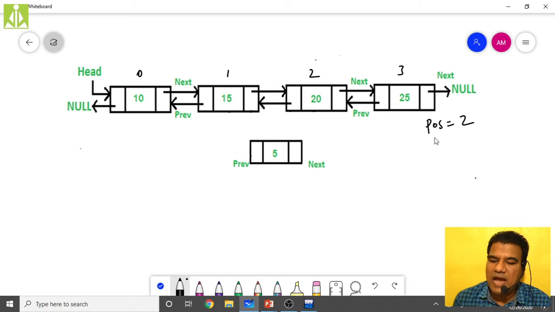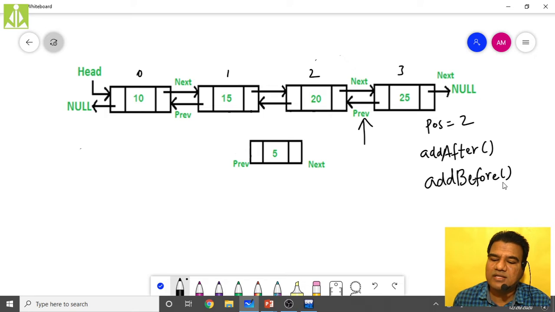If you use the add after function, it will add the newly created node after the second position. Then we have another function, the add before function, which will add the newly created node before the position value. So our position value is 2, so it gets added over here.